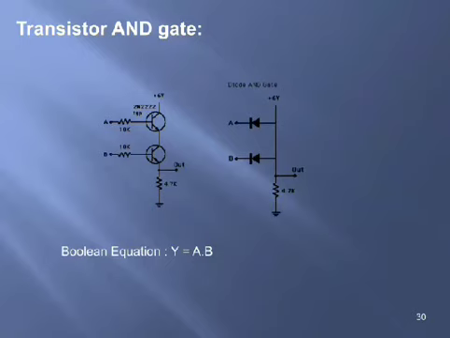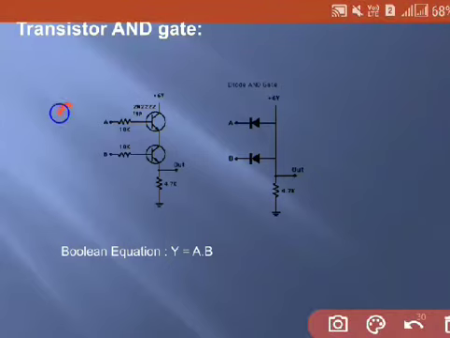Next we will observe the transistor AND gate and diode AND gate circuits. You can also analyze the same thing. If you observe the first combination, the 0 0 input combination, here the transistors or diodes will be acting like switches. When 0 is applied, the transistor will be off, so both the transistors are off, there is no connection between output and VCC. Instead, output is connected to ground, so output will be equal to 0 for the 0 0 input combination.